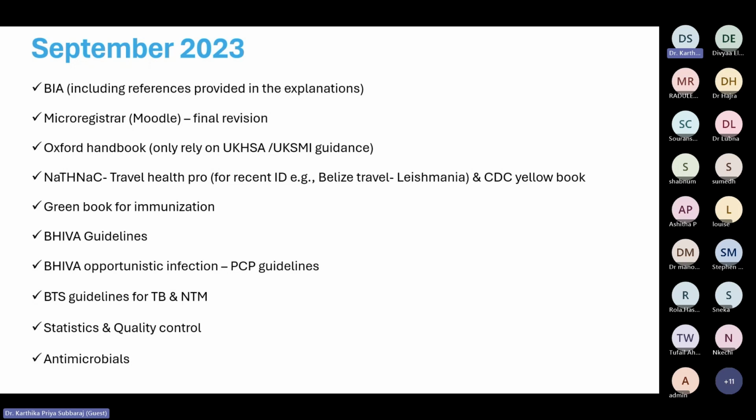If you know what is sensitivity, what is specificity, and what is vertical audit, horizontal audit, that kind of questions they are asking, and positive predictive value, negative predictive value. So those are all the formulas you need to remember. And they can ask number needed to treat kind of questions. And quality control, they are asking about audits, vertical, horizontal, and they are asking about Westgard rule. So those are all given beautifully in the Moodle.